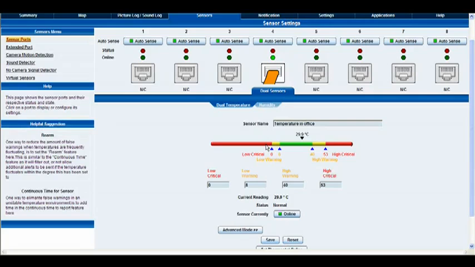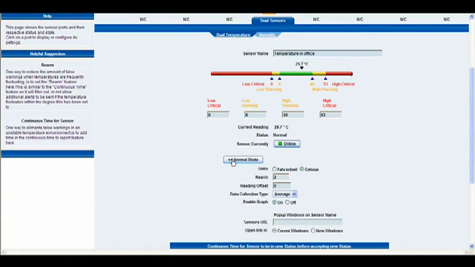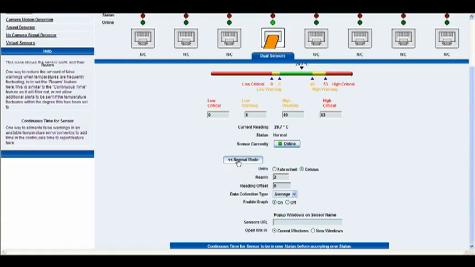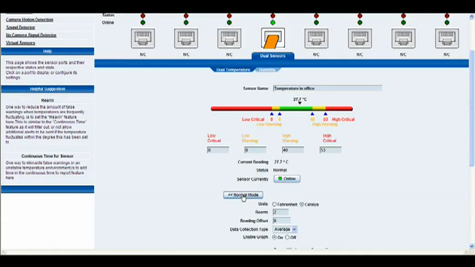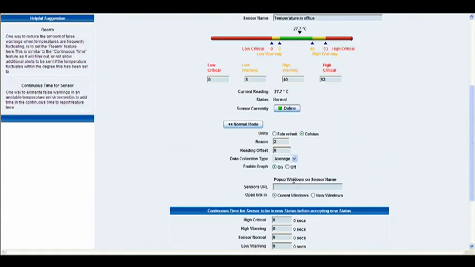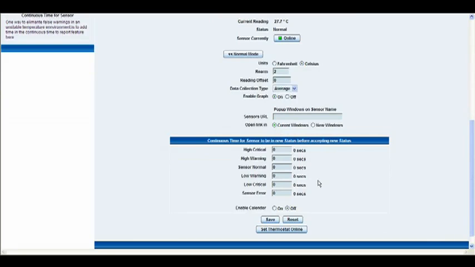Now you'll notice that we have this button here which says Advanced Mode, and this brings up a whole list of advanced settings, so I'm going to go right ahead and click that. Okay, and you'll notice that that button then changes to normal mode, and if you click it again it flicks back to normal mode. So we'll go right back into the advanced mode, and you can see here obviously we